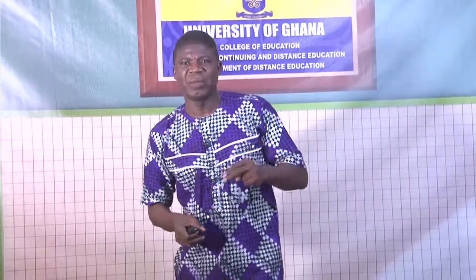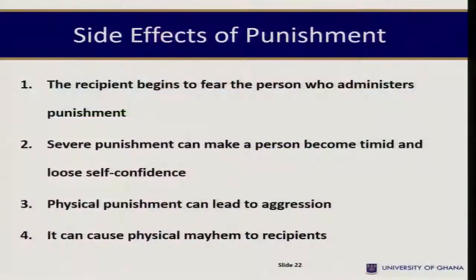Number 2, severe punishment can make a person become timid and lose self-confidence. So it's important we take note of this. Also, physical punishment can lead to aggression, because people want to react when they are being attacked physically. So they consider it as aggression, and they may learn one day to also use punishment, and it may result in aggression between the person giving and the person